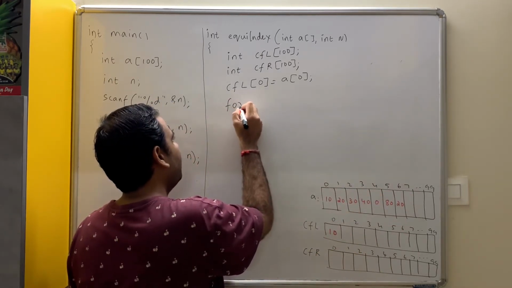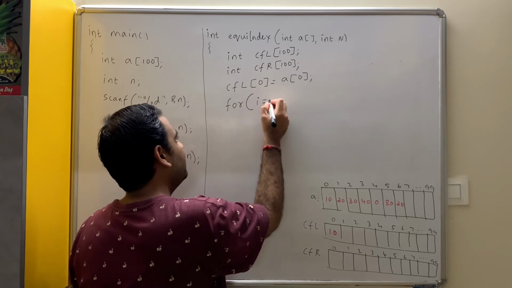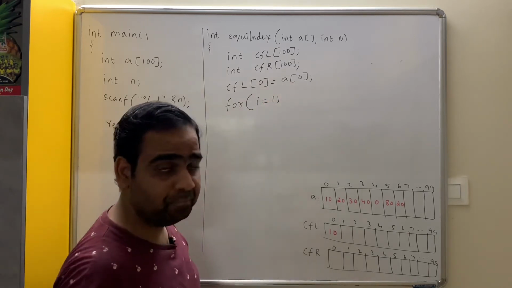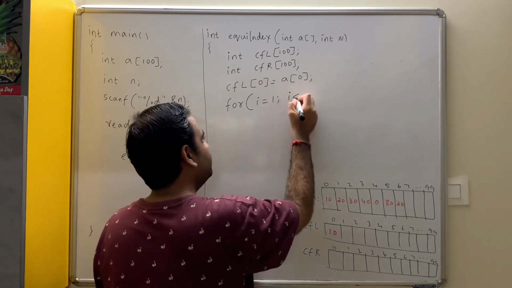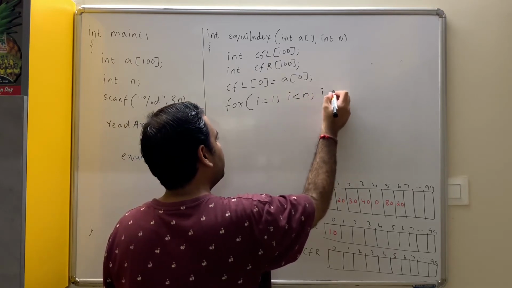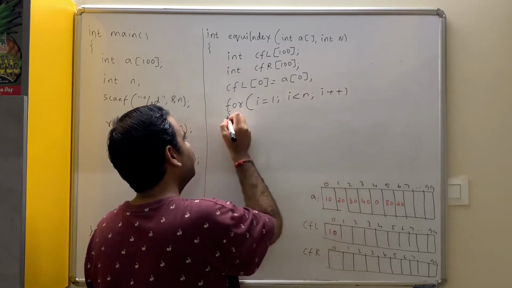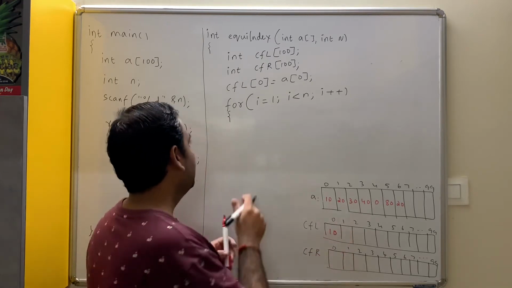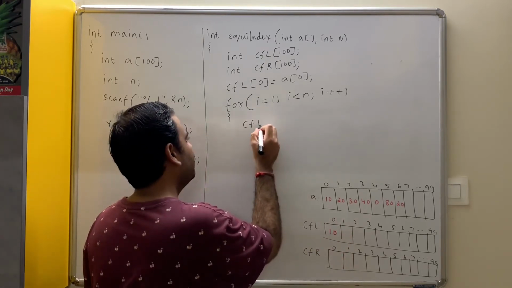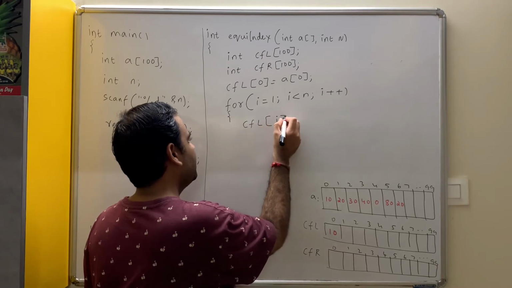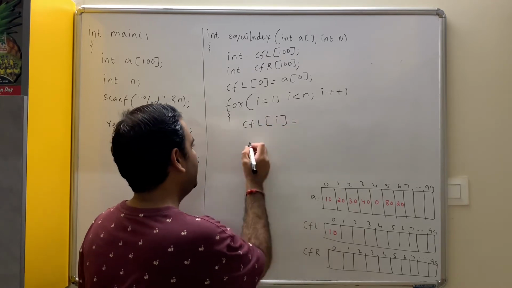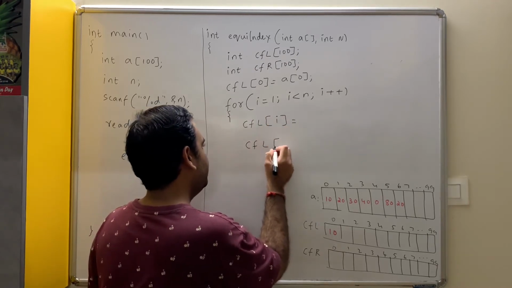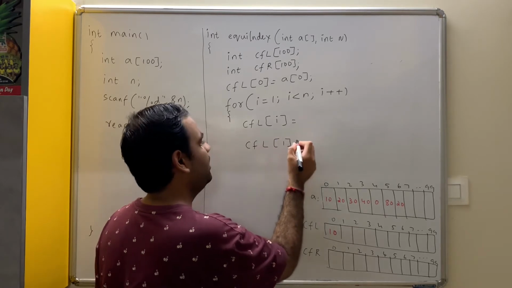Hence we start from index 1, therefore we say I is equal to 1, I less than n, and I write here I plus plus. Now how are we going to compute the cumulative frequency at index 1? How do I write it? Cumulative frequency of LHS of I. Now what is the value of I? The value of I is 1. Hence I say cumulative frequency of 1 is equal to